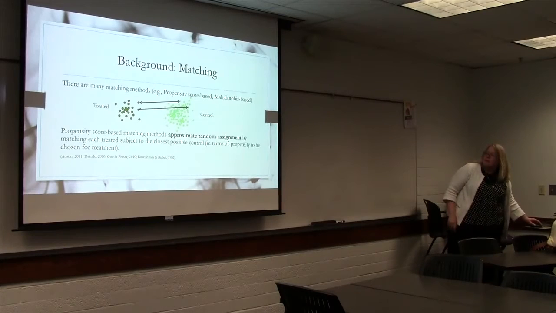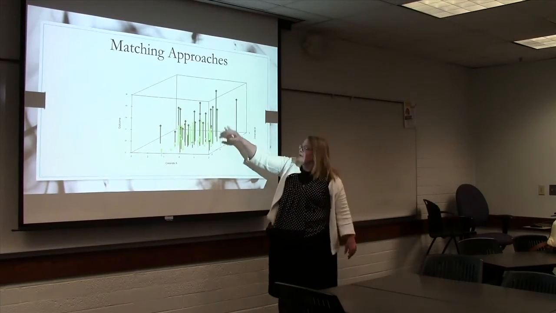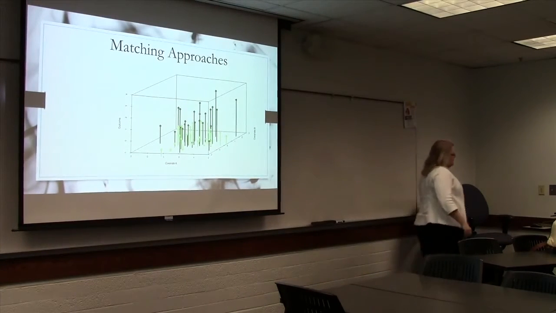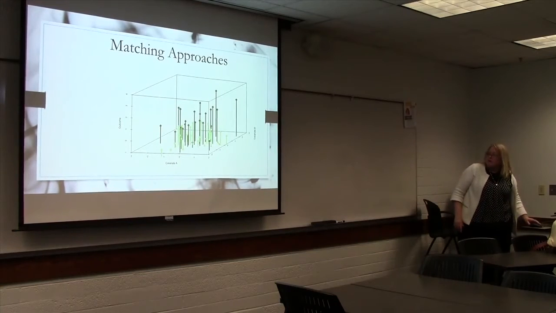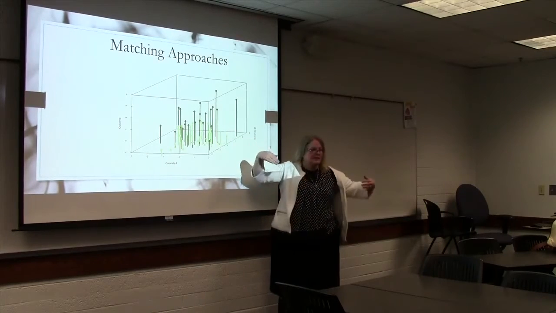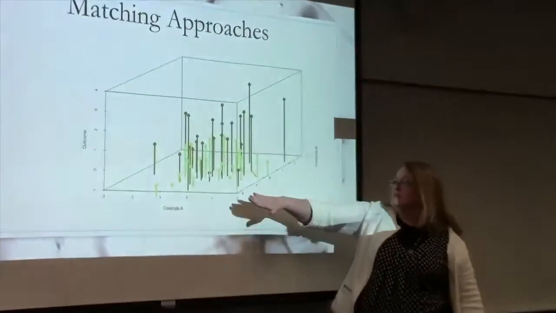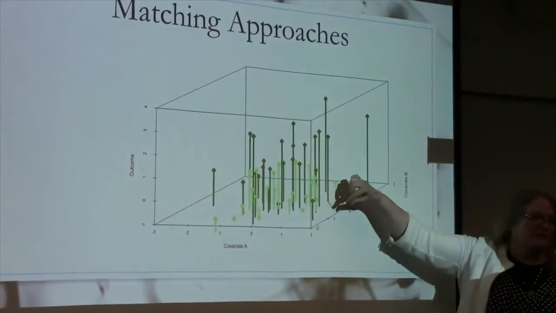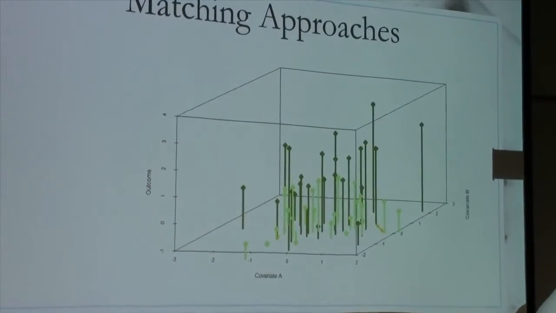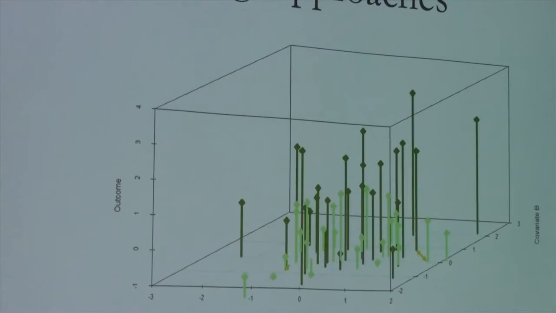Okay. If I look at this picture again, now I have the light green units and the dark green units again. Instead of trying to fit these planes to them, we're going to do something really different, which is I'm going to try to find, for each dark green unit, the light green unit that is the closest to it in the covariate plane. So if you just think of this floor here, trying to find those that are closest. And again, if it was more than 2 dimensions, it would be analogous, just harder to visualize. Okay, so I'm trying some way. Now, how you decide closest,